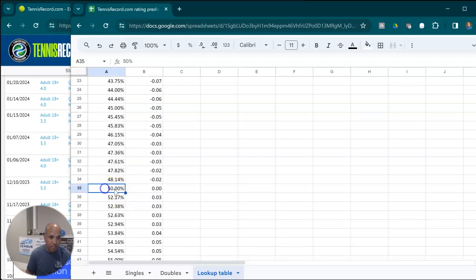Here's the 50%. If you won exactly 50% of the games, then you performed exactly the same as your opponent, and so the performance gap is 0. There's no difference between how your opponent performed and how you performed. And so on and so forth. So I made this table based on